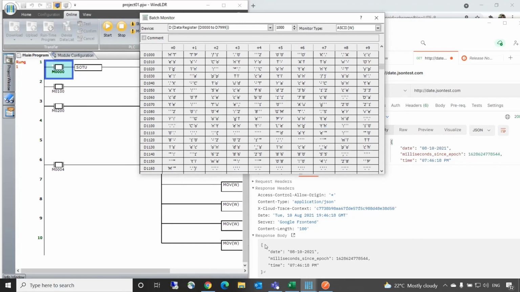The actual body which we have tried to receive is from D1112 till the end of D1161. We can correlate the date and time which you have received, 08-10-2021.